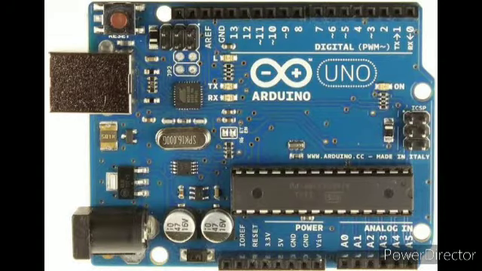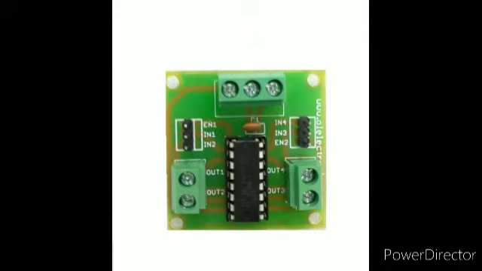We are using the Arduino Uno board as a controller. The Arduino Uno is an open-source microcontroller board based on the Microchip Atmega 328P microcontroller and developed by Arduino. The board is equipped with sets of digital and analog input-output pins that may be interfaced to various expansion boards and other circuits. The L293D is a 16-pin IC, with 8 pins on each side, dedicated to the controlling of a motor. There are 2 input pins, 2 output pins and 1 enable pin for each motor. L293D consists of 2 H-bridge.